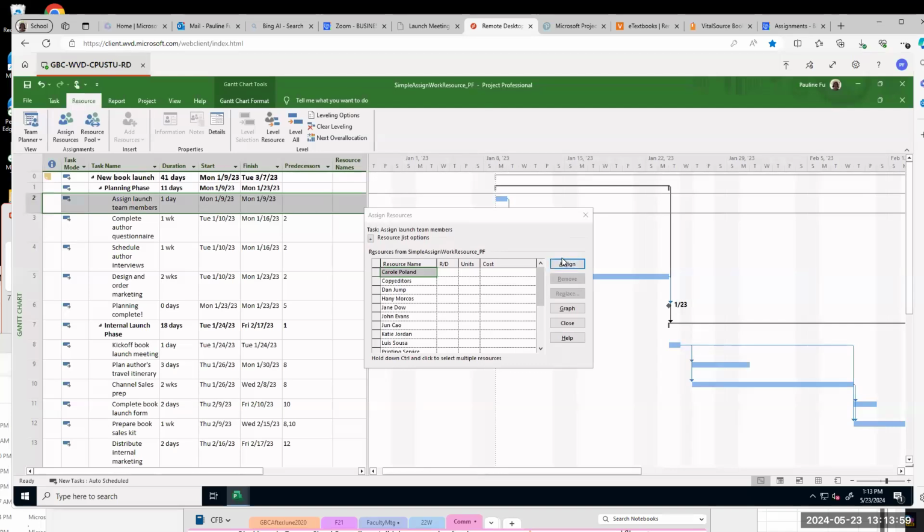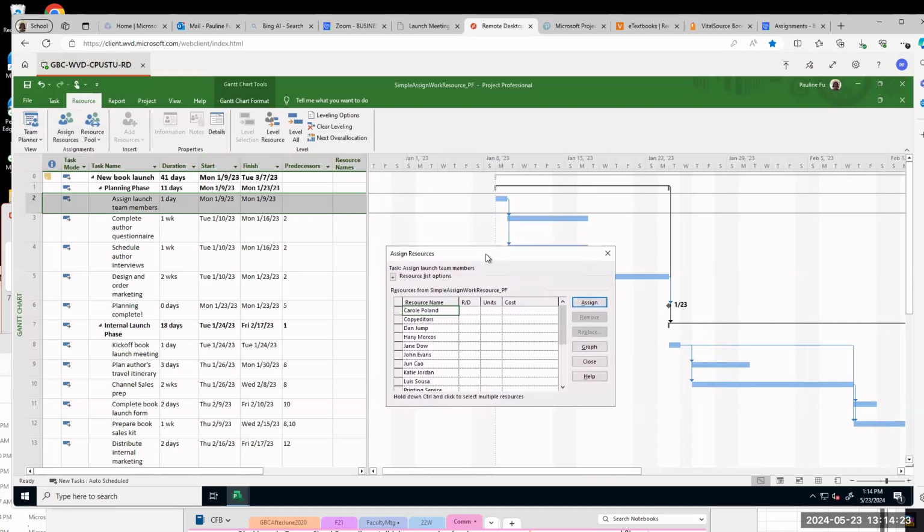Sorry, can you do that again? Sure. Make sure you are in Gantt chart view. After that, you click resource, then click assign resources. Now you have this box.